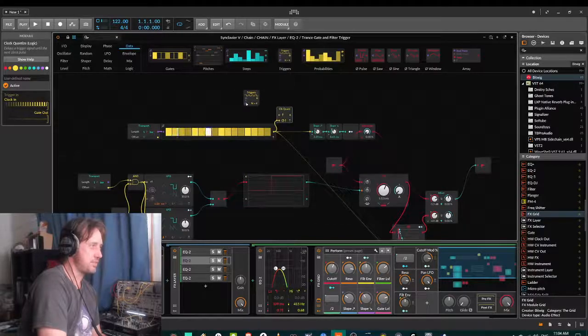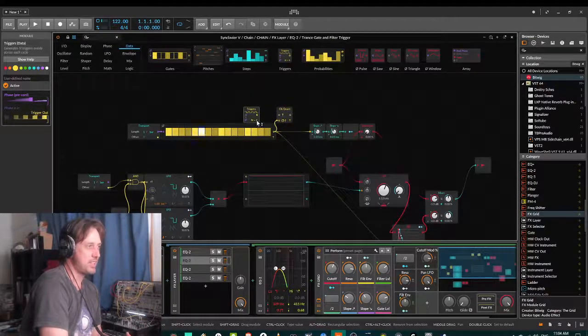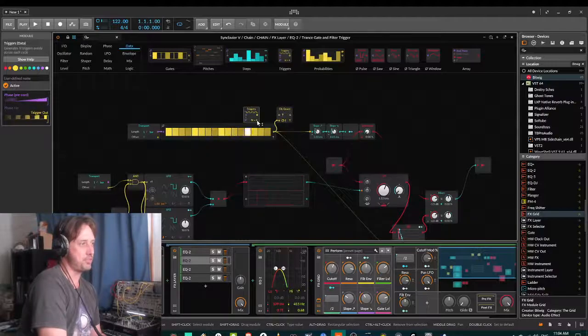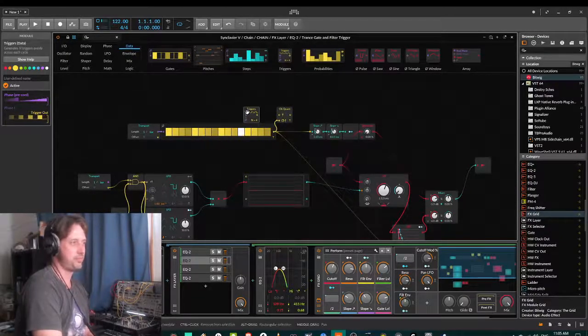Then we want to bring in the triggers module here, which is basically just a trigger generator. It just generates triggers, and the number of triggers can be defined by this N at the bottom. That corresponds to the number of triggers per bar, I believe. And it's got this pre-phase option, so you can adjust that if you want to change that to run with this transport module. I just leave it and use the actual host transport,